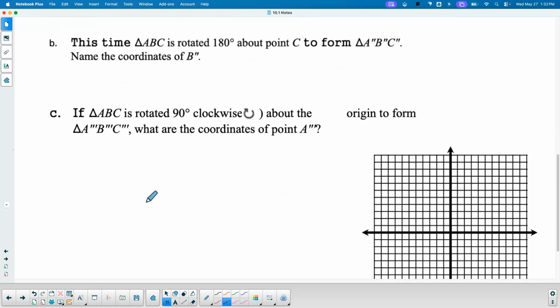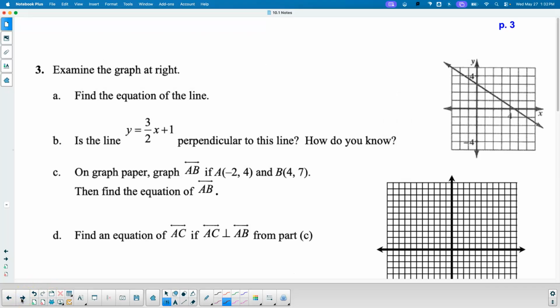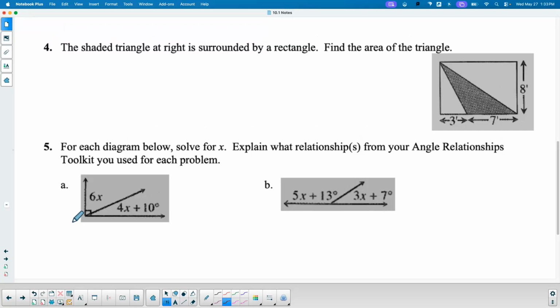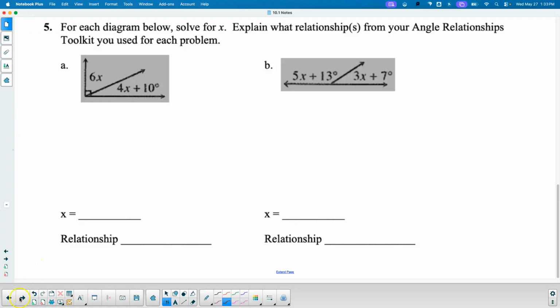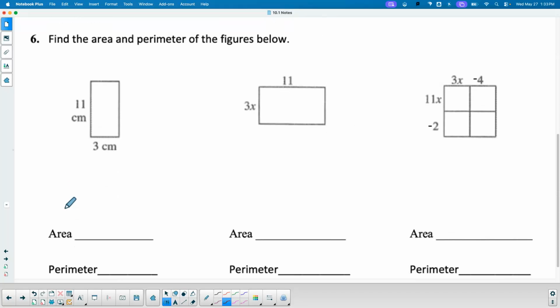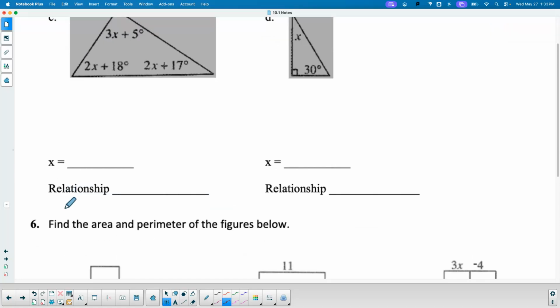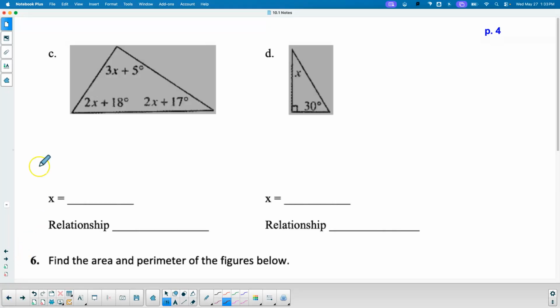Rotations. Oh, I love it. This is good finals review too. Rotations on the homework. I love it. Perpendicularness. Love it. Find the shaded area. Love it. Angle relationships. Love it even more. Find the area and the perimeter of the figures below. Love it even more. Okay? All good stuff that can be done